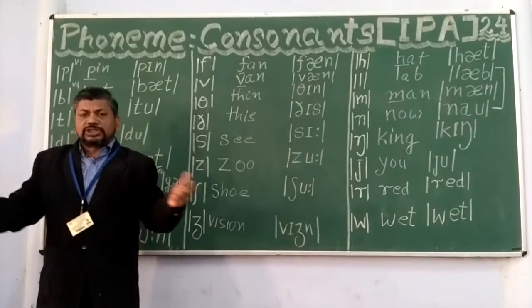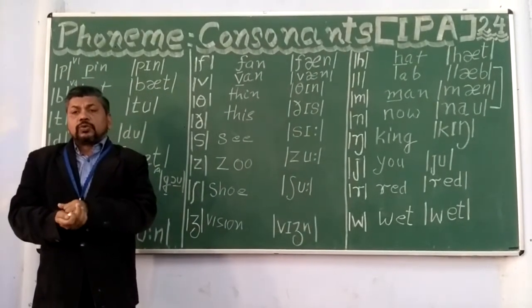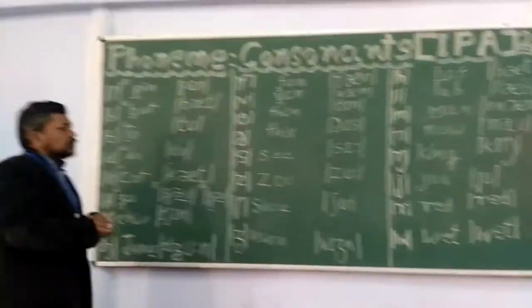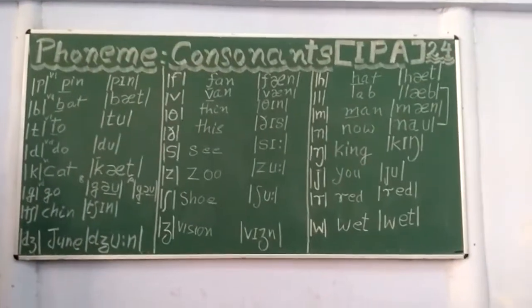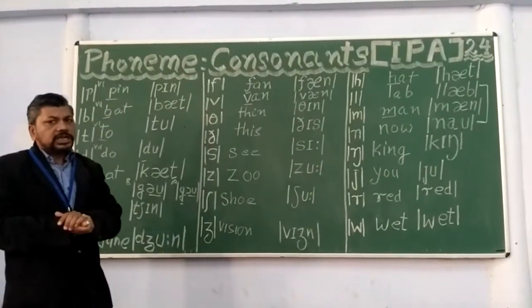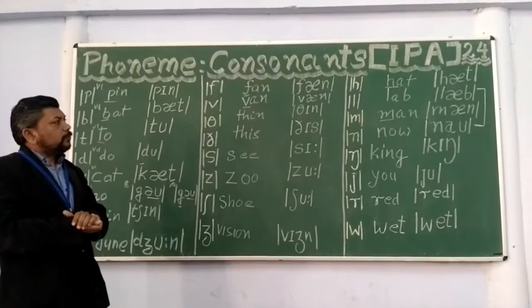If there is no vibration in the vocal cords, they are known as voiceless. And based on that, these 24 consonants are recommended by IPA as the constituent part of the